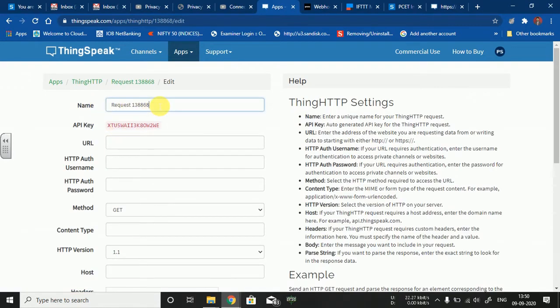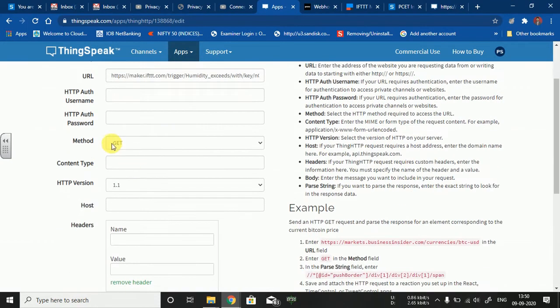Here you can provide any name, suppose humidity and temperature alert. This is the name of this particular request, and here we need to enter the URL that we have copied from IFTTT. That will act as a kind of trigger.